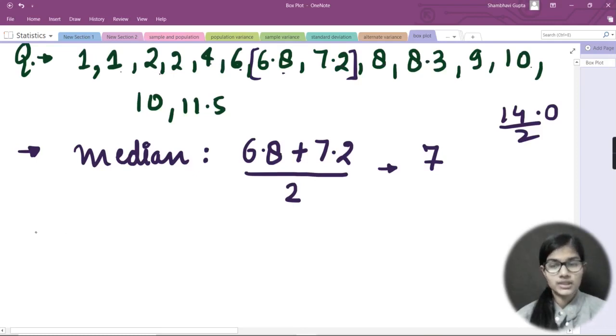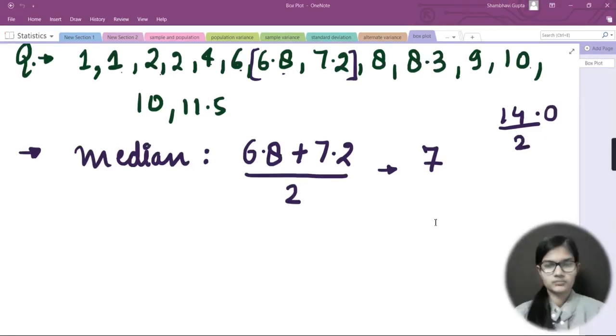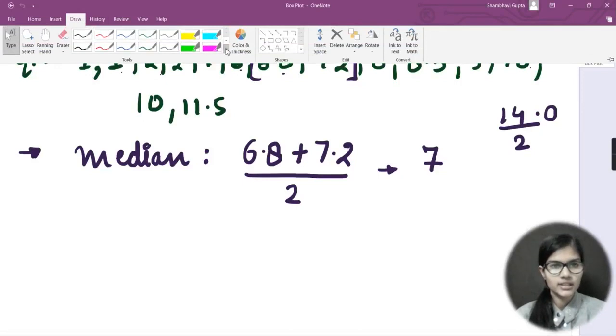Now I'm going to tell you about the quartiles, what basically the quartiles are. The definition for quartiles is something else. Let me take a different color.